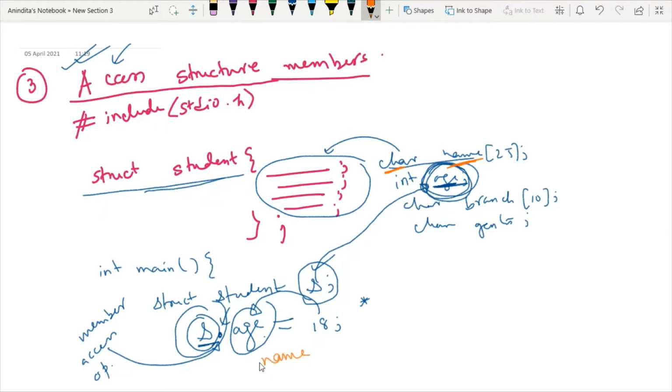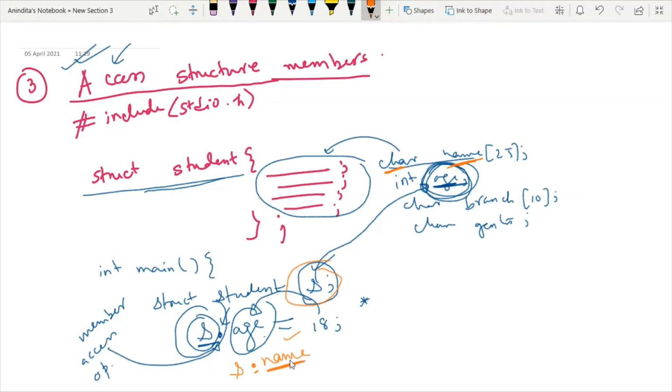I have to use the member access operator. Member access operator should be written in between the structure variable and the member we wish to access. So here the structure variable name is s, so s.name.